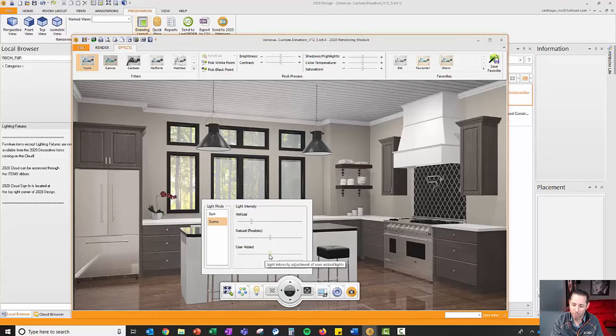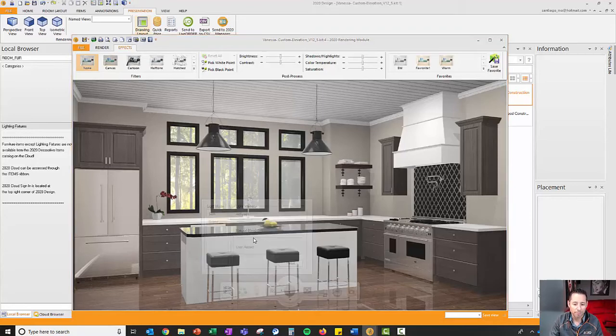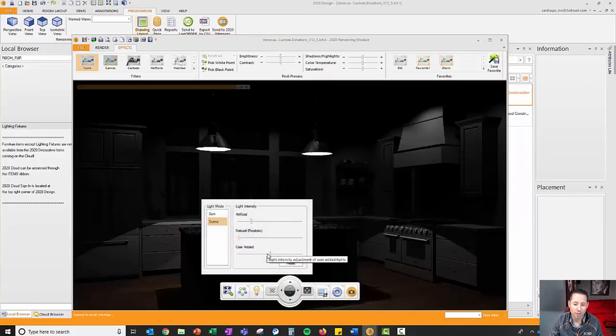Again, any lights that I place through the room furniture catalog, the cloud catalog, or even the lighting wizard, okay, which is a tool that easily places lights in your cabinets or under your cabinets. Cool. So let's go back to artificial lights. So this is how you achieve a well-lit room the fastest and easiest without the need to place portals, windows, and doors. So to show the effect, let me reduce the intensity of my other lights